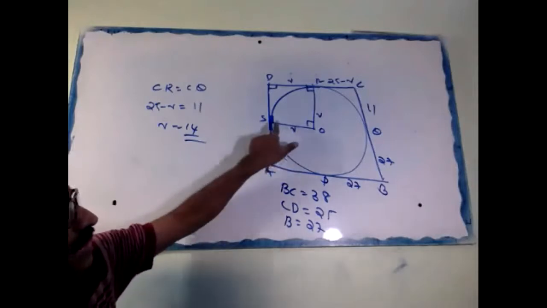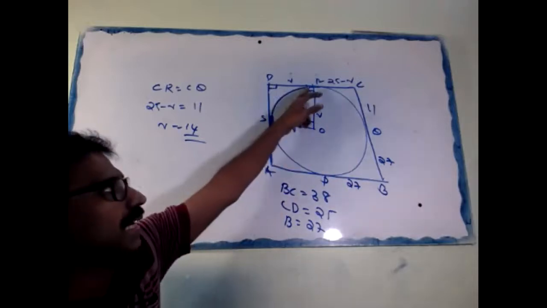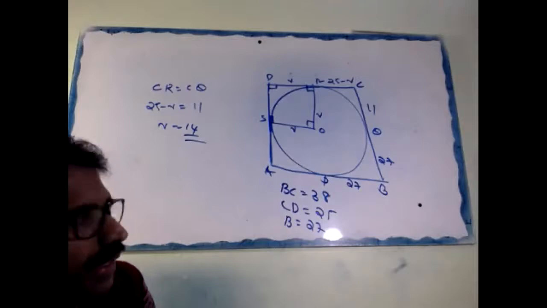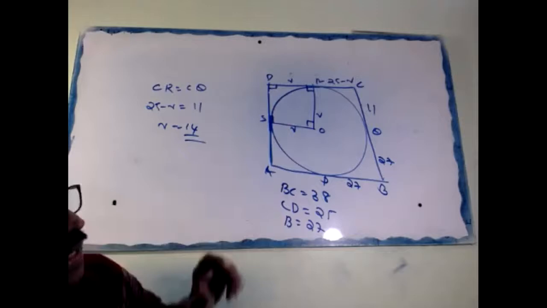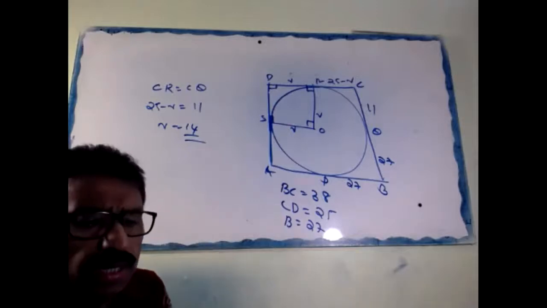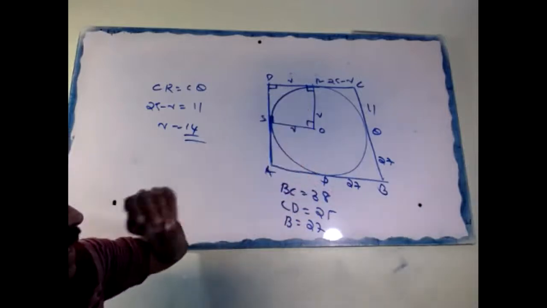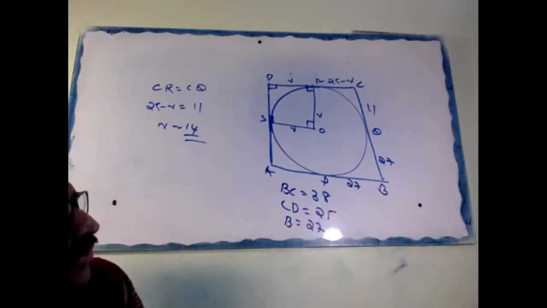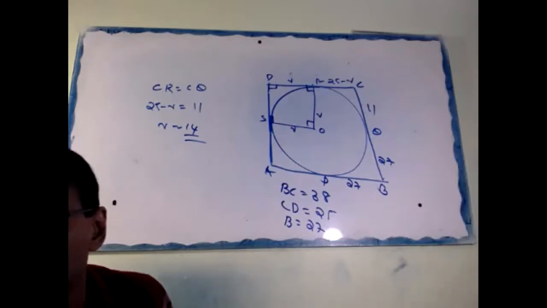You join, listen, you join this angle 90. Radius through the point of contact. This 90 given. This 90 radius to the point of contact. Therefore, this 90, angle sum property of a quadrilateral. Hence, write the reason, all. This is a formal question. Hence, OSDR is a square or a rectangle. No problem. All angles are 90 degrees. So this R, this also R, opposite sides. Hence, CR equal to 25 minus R. BP 27. So BQ 27. Hence, CQ 11. CR equal to CQ. Tangents from an external point are equal. So 25 minus R equal to 11. R equal to 14. Okay.